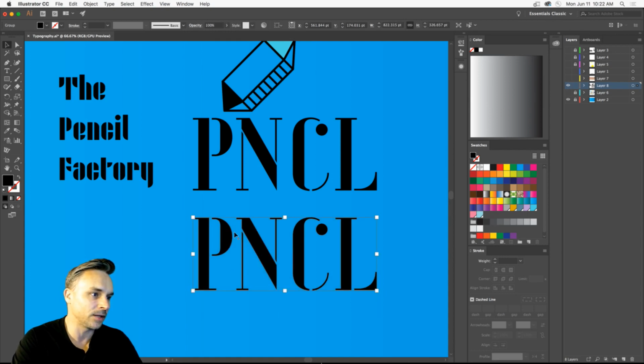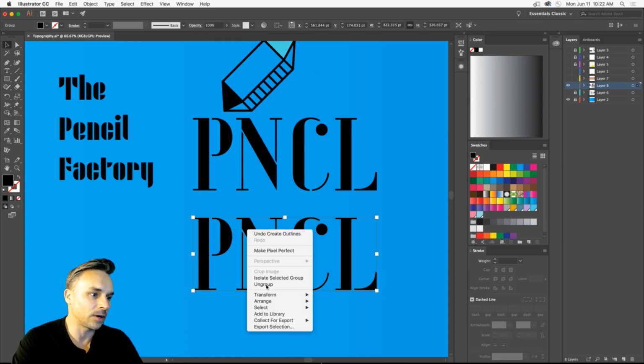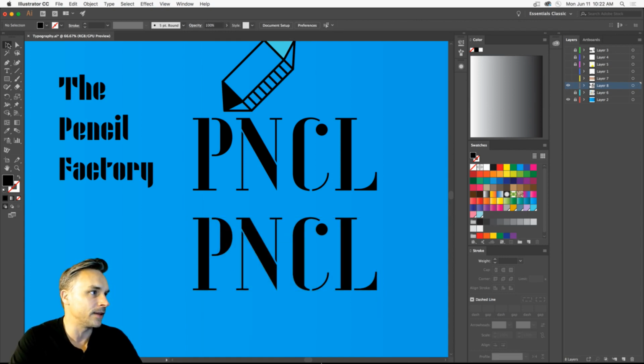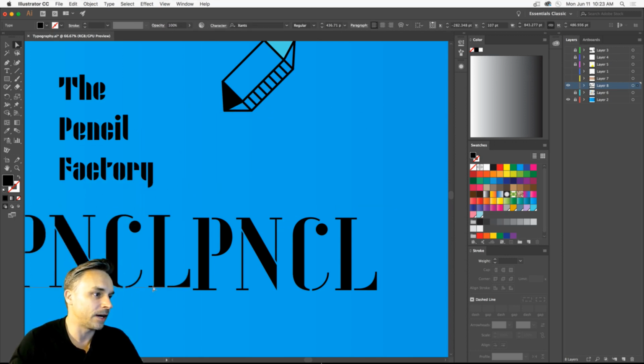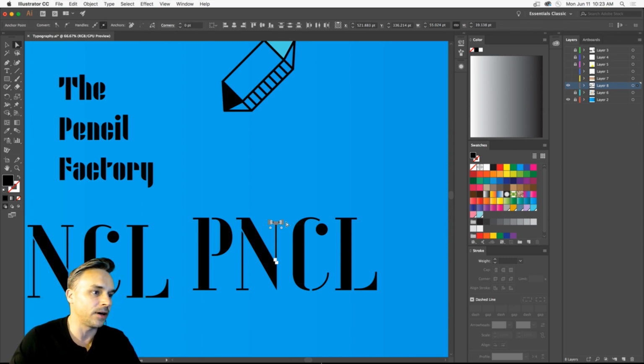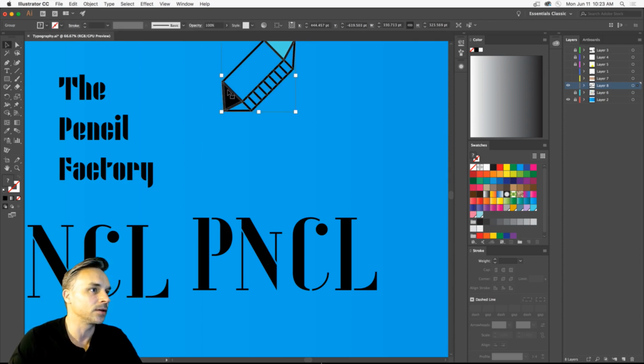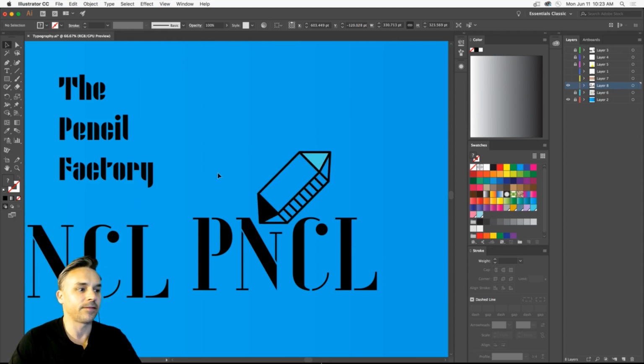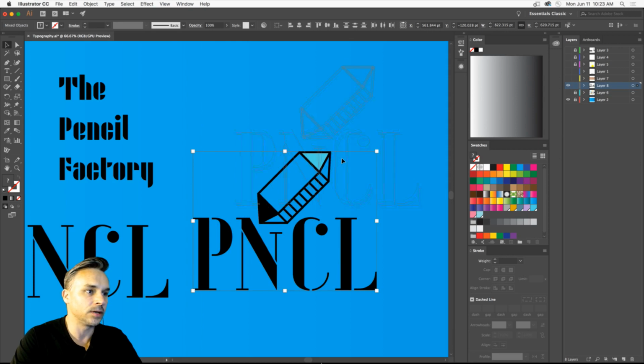So in Illustrator, creating outlines, I basically broke this apart. Let's ungroup it, and I can start to modify this, and that's what we typically do as designers, is modify elements. The thing is, you don't want to redistribute it as if you are the owner of that font, so you can't modify it and sell it and call it your own, because that's wrong, right? So do I want to do something like this, kind of modifying that font and bringing that down like that? So this might be a potential for a logo.